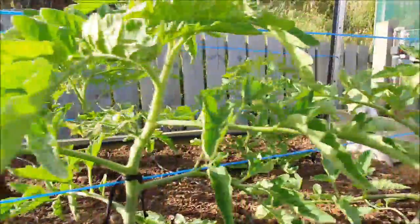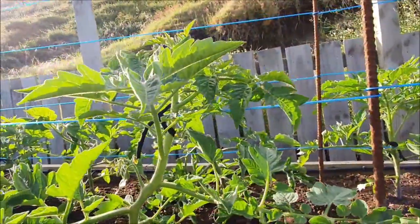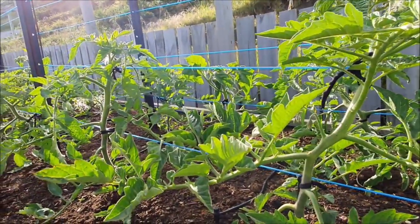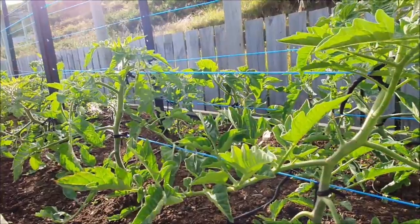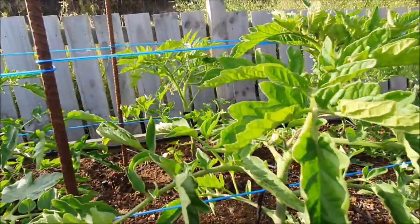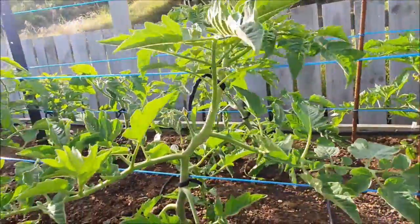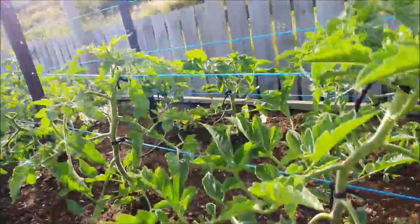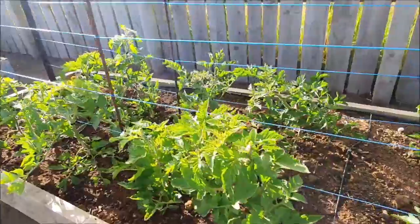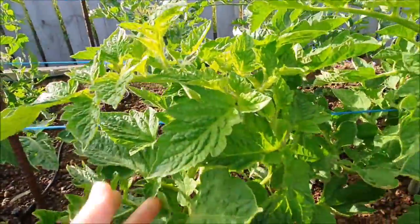I'm really nervous about the tomatoes, to be honest, because last year I had the pith necrosis stem disease, and I really don't want that again this year. It's a bacterial disease, so I'm being really careful, trying not to contaminate one tomato plant after playing with the other. But yeah, they're looking all right so far, and I'm inspecting them regularly for